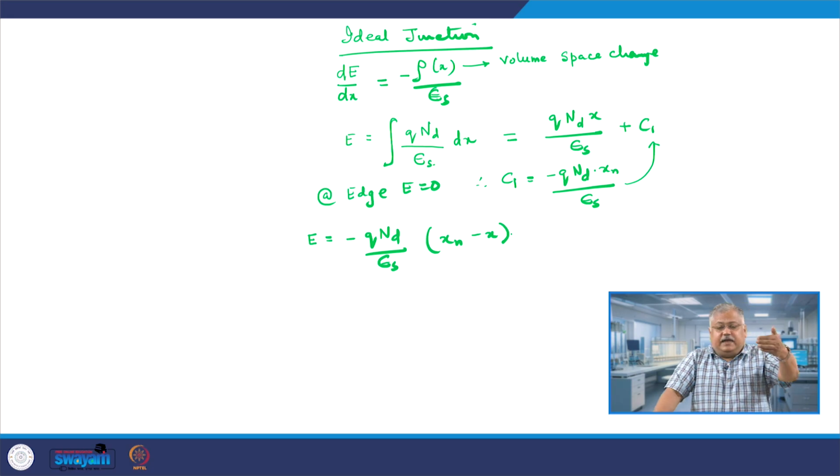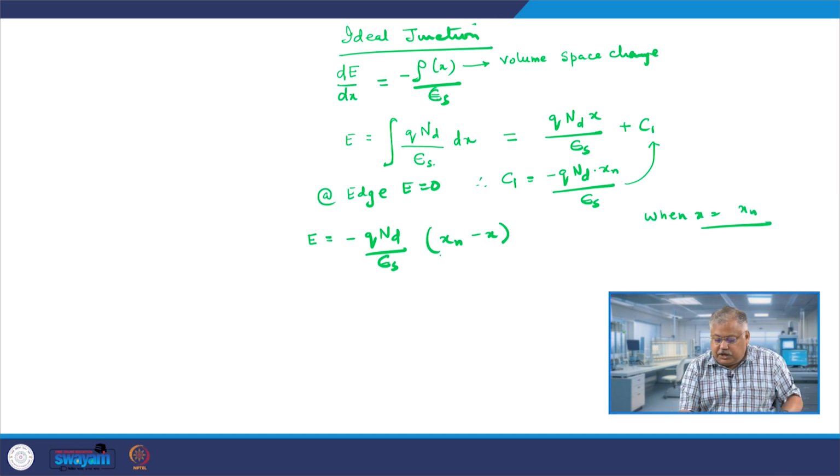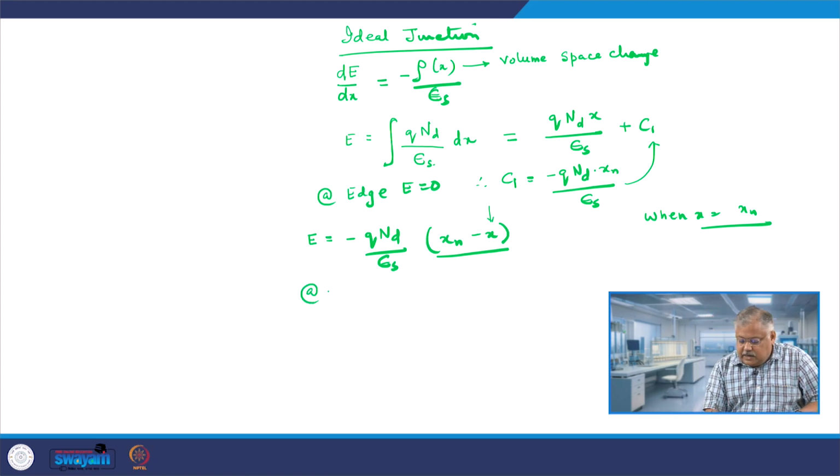What is xn? xn is the edge of the depletion region. As you can see, when x equals xn, this quantity goes to 0 and the electric field is equal to 0, which means at the edge of the depletion region the electric field will be 0. When x equals 0, at the surface of the metal semiconductor, E will be equal to minus Q times Nd over epsilon s times xn. This is at x equals 0,